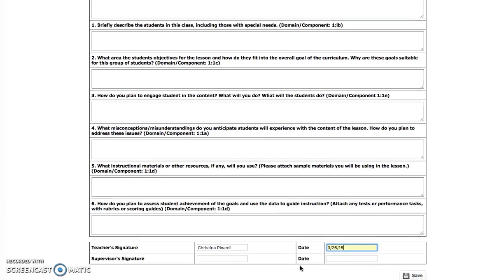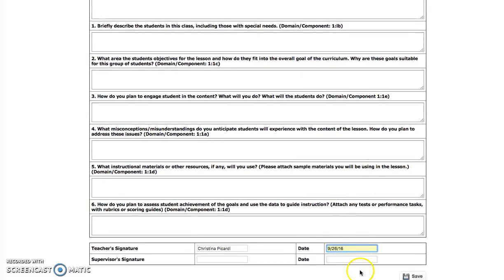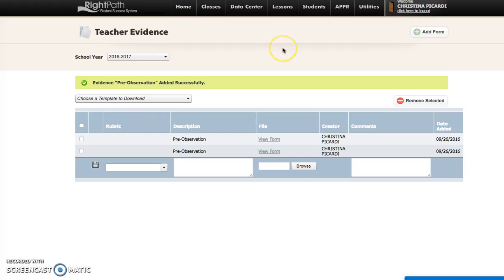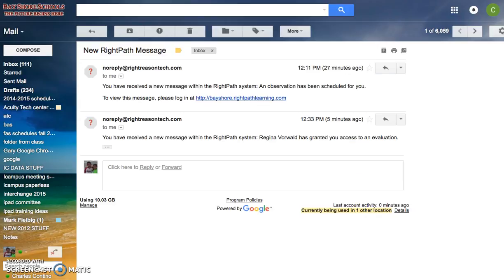When you're done completing the pre-observation form in its entirety, go down to the little button where it says Save. Click on the Save button, and then the administrator who was doing your observation will get an email alert that there is a pre-observation form for them to review. Once the pre-observation form is reviewed, the administrator who was doing your observation will then in turn create a formal observation form. You will get an email alert that there is an observation ready for you to open up and